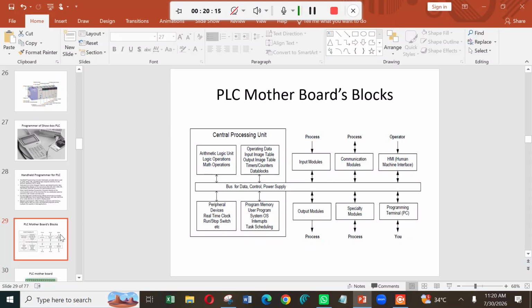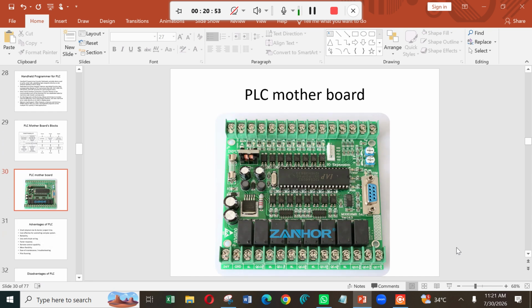The same thing you can see here also: input modules, output modules, communication, some specialty modules, maybe analog input output, HMI you can interface, then programming terminal, maybe port like that. These are the peripheral devices, and this is the CPU. In the CPU you can find the ALU, internal registers or memory, or bus. All these things you can find inside the CPU. If you try to see the actual motherboard, this is the actual motherboard for the small PLC.